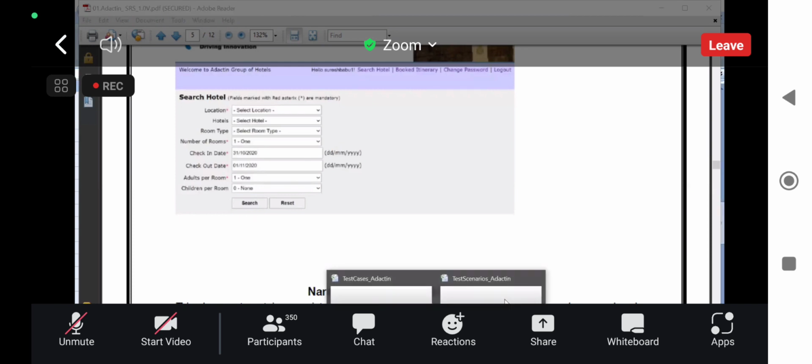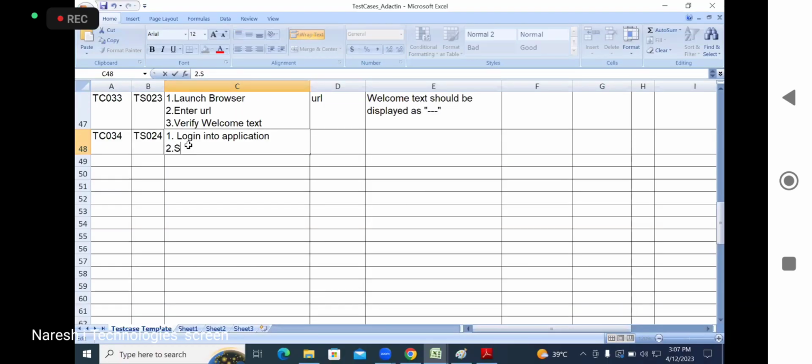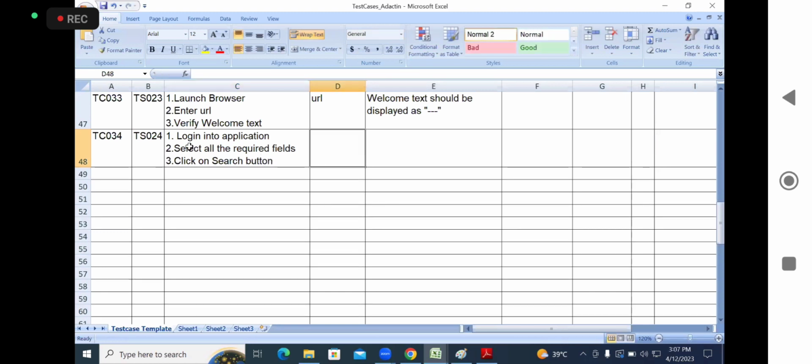So let's go with that. Considering login into application, select all the required fields. After that, click on search button. So you need to provide all the test data: URL, username, password,